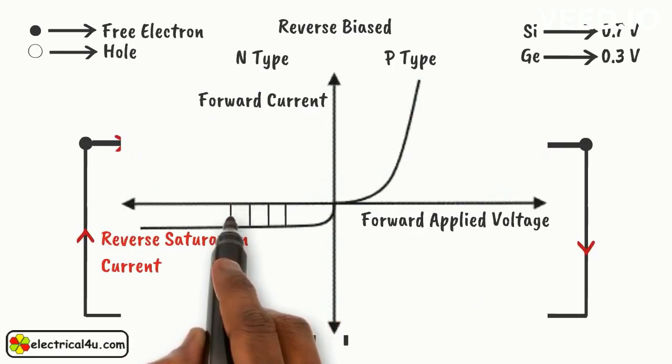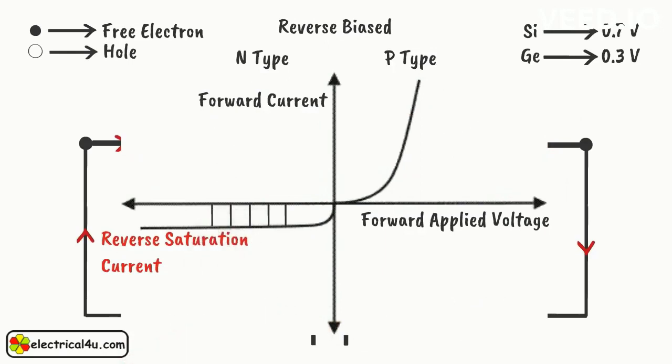If we ignore this tiny current, we can say there will be no current flowing through the diode in reverse biased condition. So, we have seen